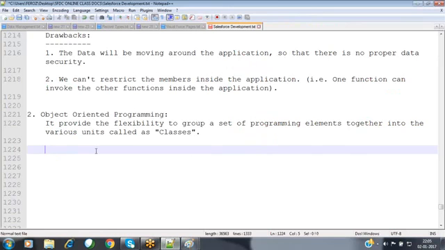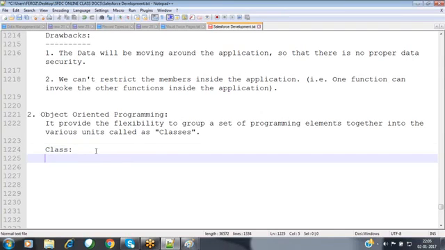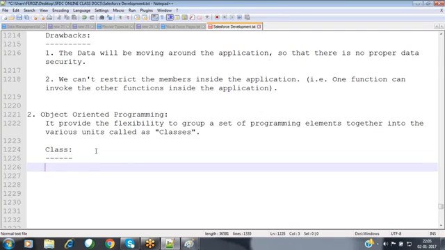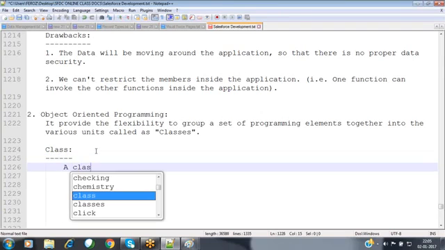When coming to object oriented programming, it provides the flexibility to group all the functionalities into various smaller independent units. Those are called classes. Now, what exactly is a class?